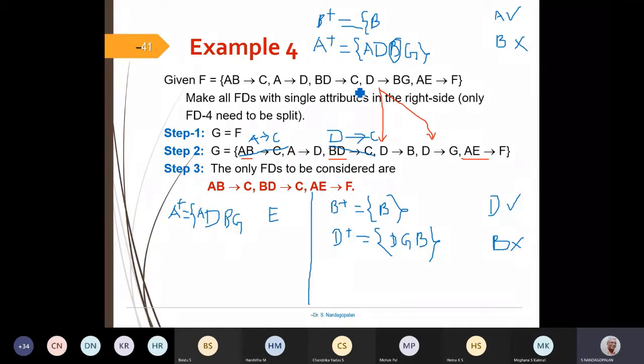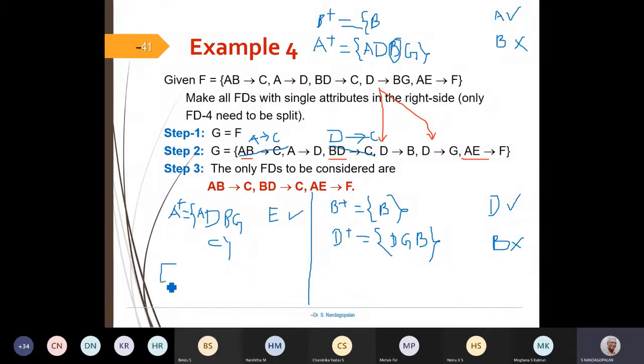BD will determine C. AB will determine C. I want to check whether E is there. E, no, because E is not appearing on the right hand side at all. So I don't think that you'll be able to get this E included in this. So this is a must.